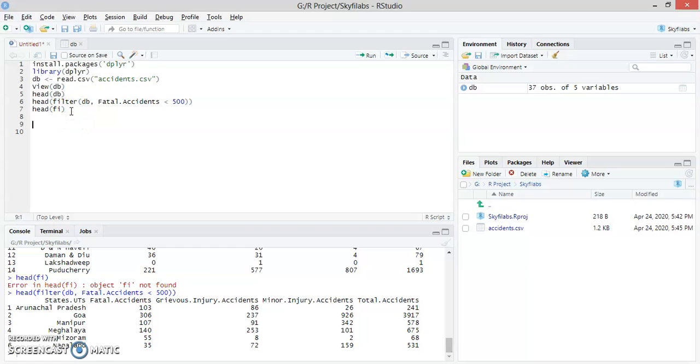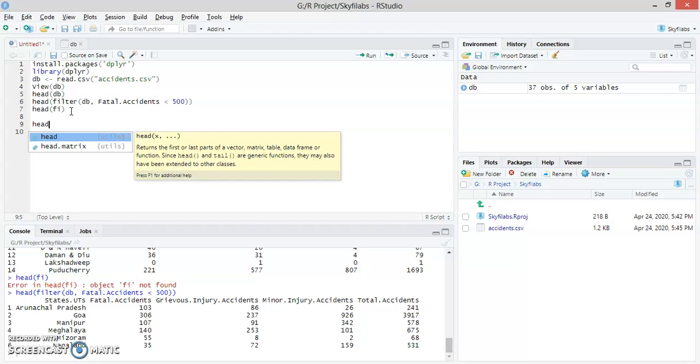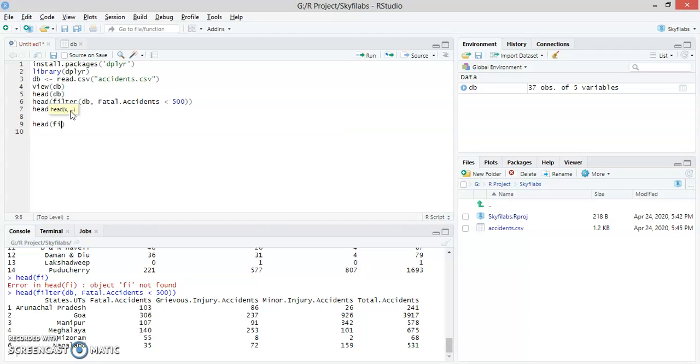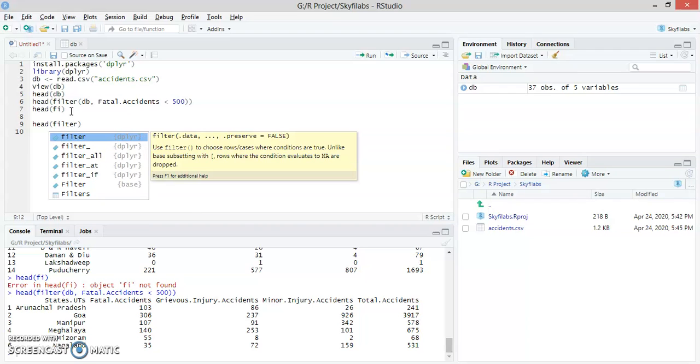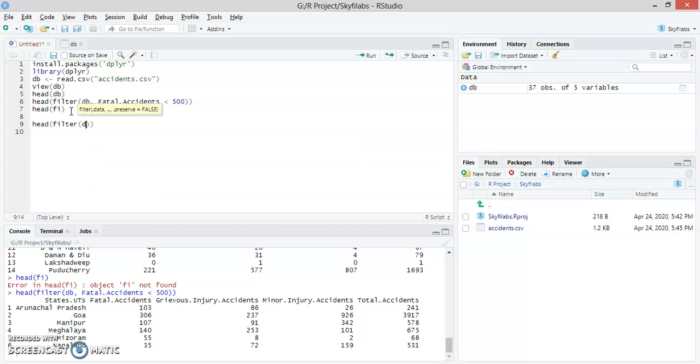Next we are going to use two of the columns. Suppose the accidents in the category of fatal accident is greater than 100 and the total accident is less than 500. So we are going to filter those particular data. We are using head so that we can see only a few of the entries, not the whole data.